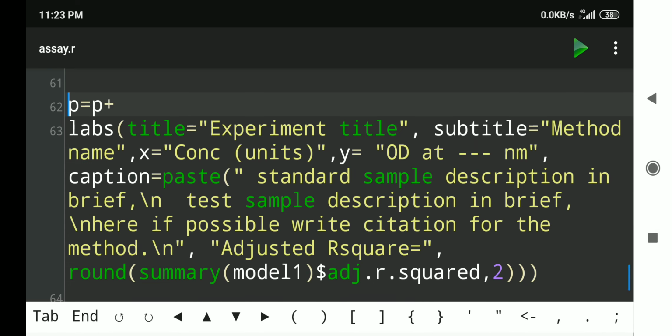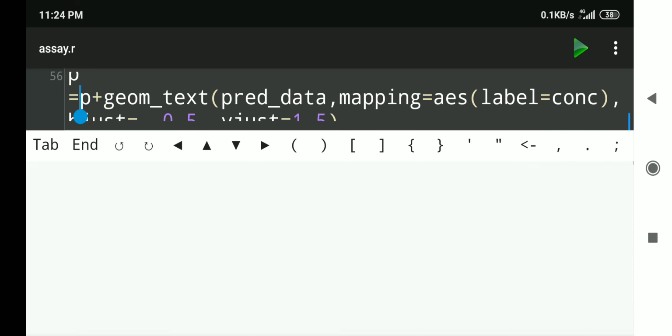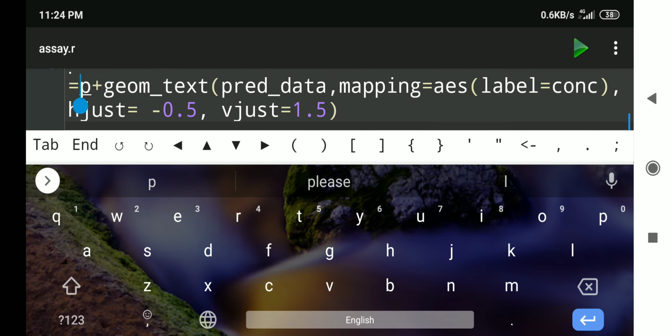This is the final plot now. After that, P is equal to P plus geom_text.